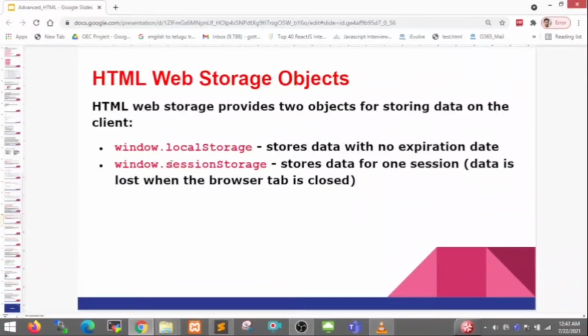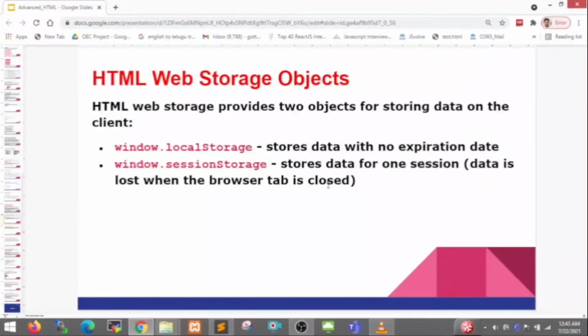The second one is window.sessionStorage, which stores the data for one session. Data is lost when the browser tab is closed. When you close the browser tab, the session storage will expire.